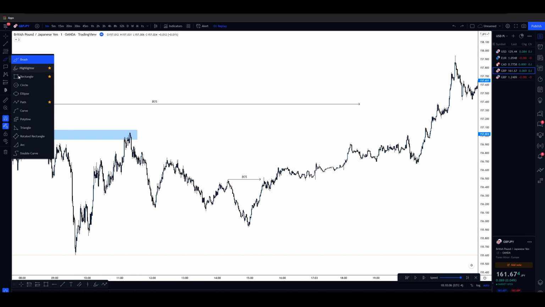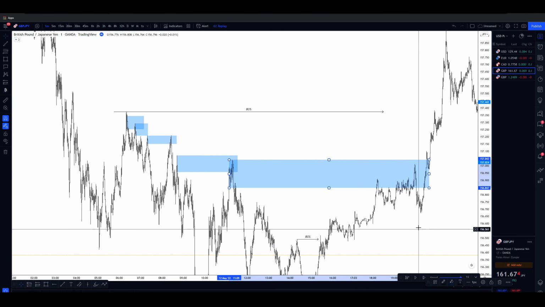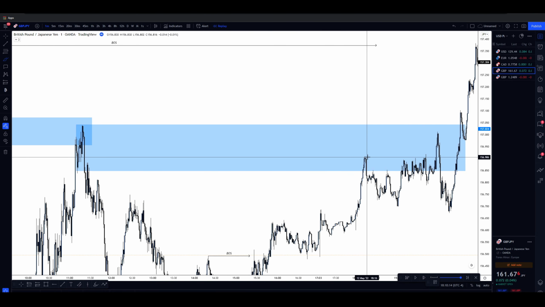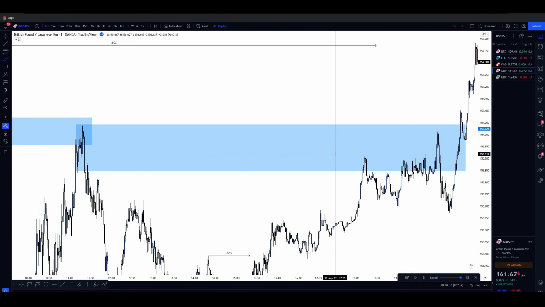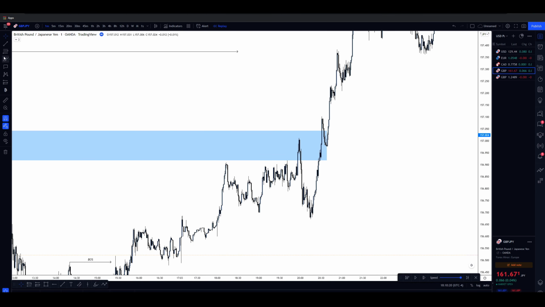So what would happen to a supply zone like this? Well, to a supply zone like this, it would slowly become invalid. That doesn't necessarily mean that there won't be a reaction, because of course it's still a supply zone nonetheless, and you're going to get a reaction. And if we refine this up until this point, it'll look a lot cleaner. But we can see that the market does in fact mitigate it. It gets a one mitigation, a second mitigation, and then an impulsive move down.